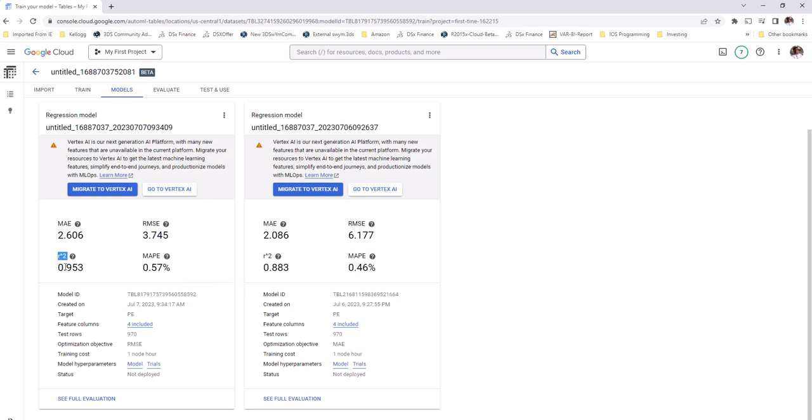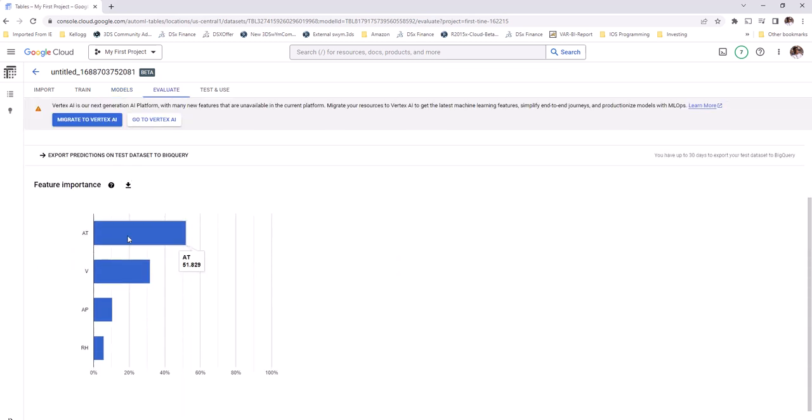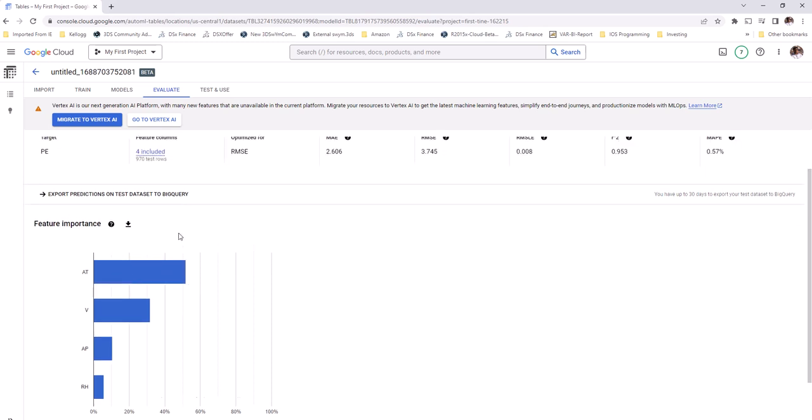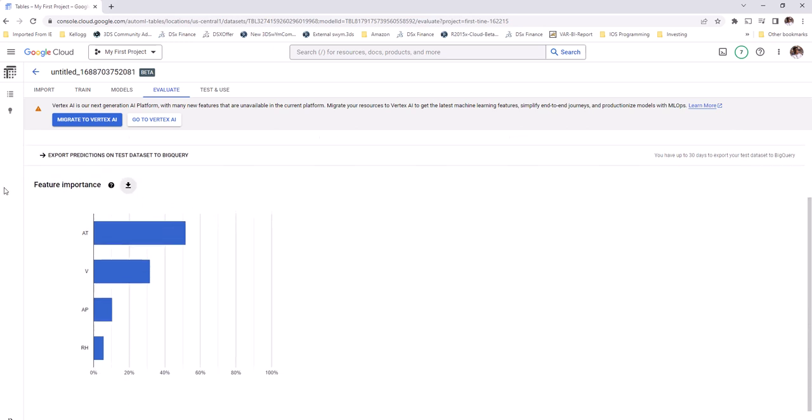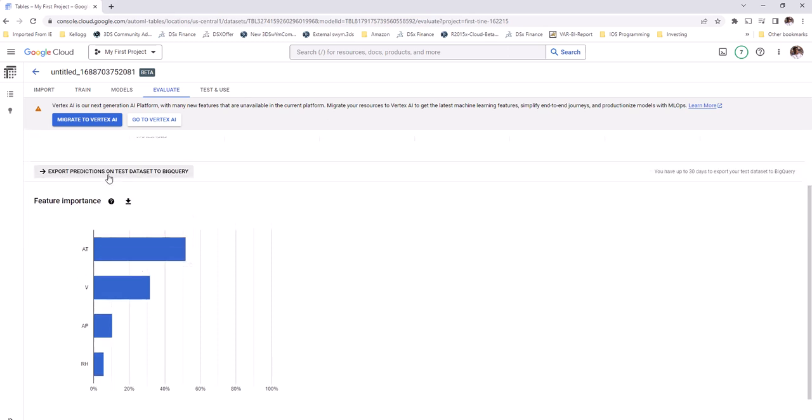I can see that the R square on the root mean square error model is 95%, which basically has a higher fit, a higher attribution to the outcome, versus the 88% on the other model. Seems like this model has a pretty good fit. And when I do an evaluation of the model, I can see the feature importance of the temperature being the highest contribution to the model. So I'm using that to calculate my responses. So I can predict the values of my